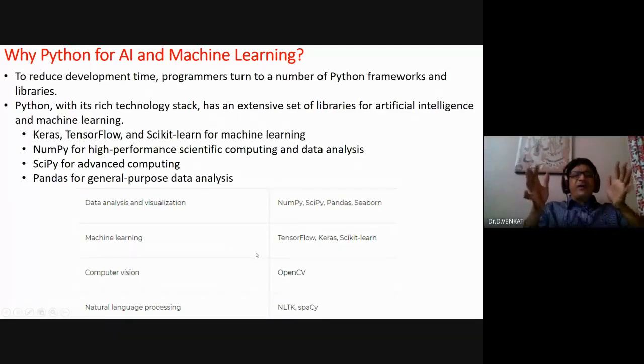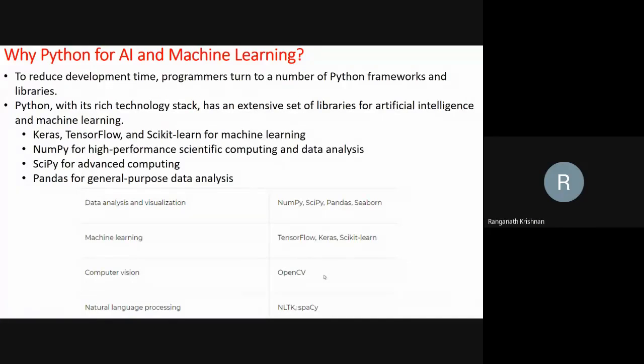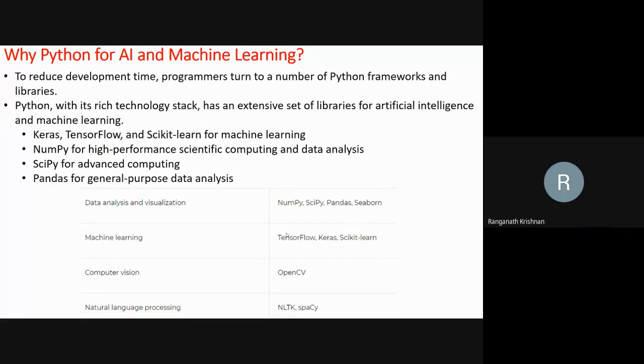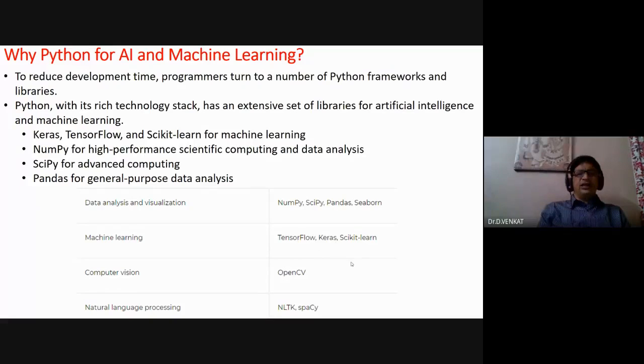At least by the end of these 5 days of FDP, you should be able to apply NumPy and Pandas, SciPy, probably TensorFlow. Mr. Ranganath, are we going to use NLTK, or what is that package we are going to use? Yeah, we'll be using all. We'll be using NumPy, SciPy, Pandas. We'll be using TensorFlow, Keras. We'll be using NLTK for NLP. You can also show a little bit of spaCy for them. Yeah. So all these things, we will be seeing and you will be practicing. You're going to import these packages and run.